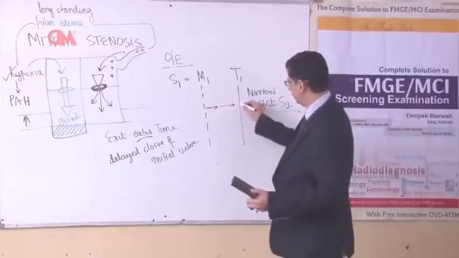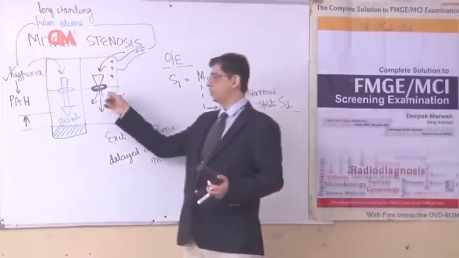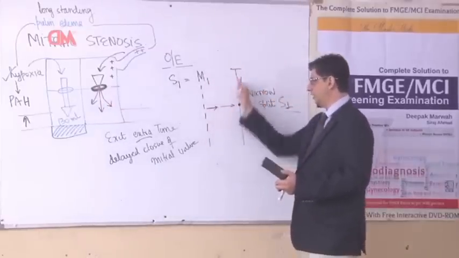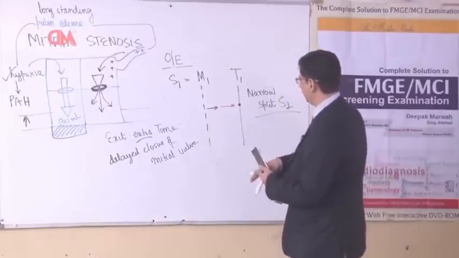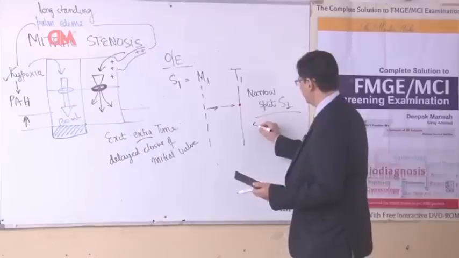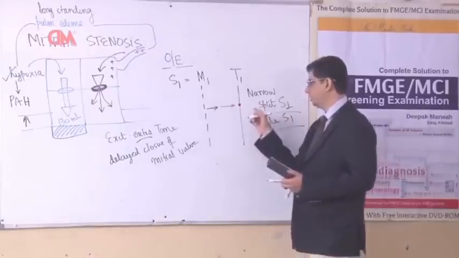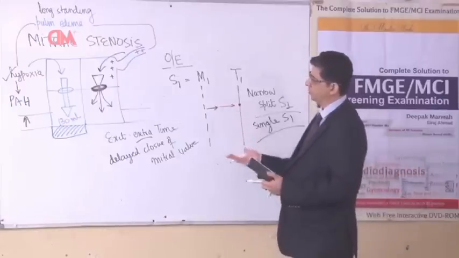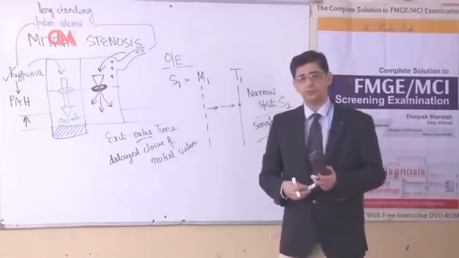In fact, there is a theoretical possibility that in these patients the opening might be so small that the mitral valve will close later, still later, and might superimpose. If it superimposes, then the auscultatory finding seen in this patient will be called a single S1. So in patients of mitral stenosis, initially you have a narrow split, then you have a single S1, because the mitral and tricuspid valves start closing at the same time because of the delay required in the transportation of blood.